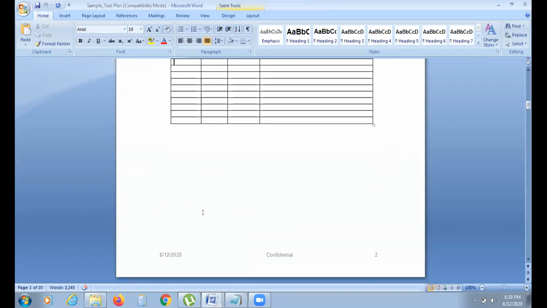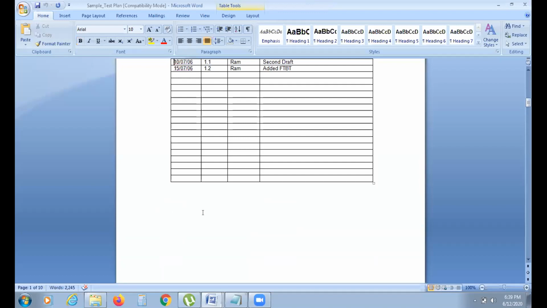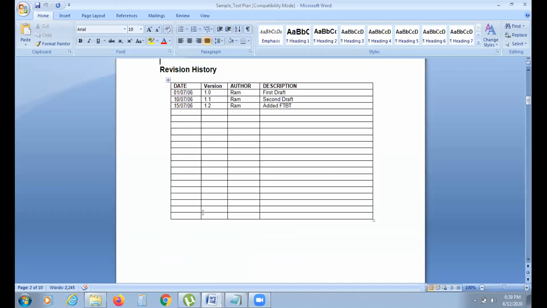First will be a revision history. Revision means how and when it was reviewed, what the changes are, what versions there are, who reviewed it, and what the description is. So the first thing you'll see in your test plan document is the revision history. Next,